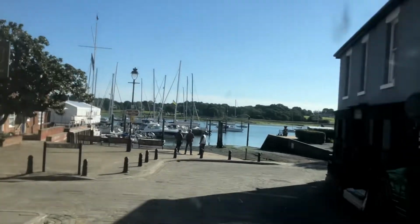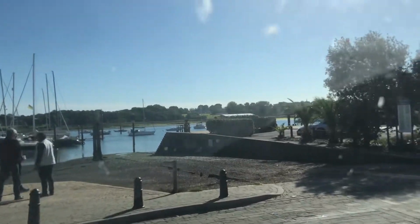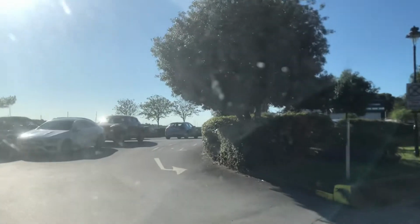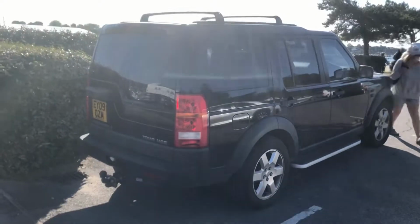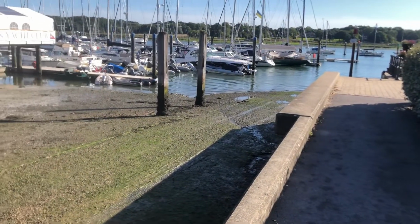We're at low water, so we won't be launching quite yet. And not only is there a space, but there's the premium turn space. Right onto Green Lane. We've been very lucky. We've got a parking space there, and the water's there. Obviously we've got to wait a little while